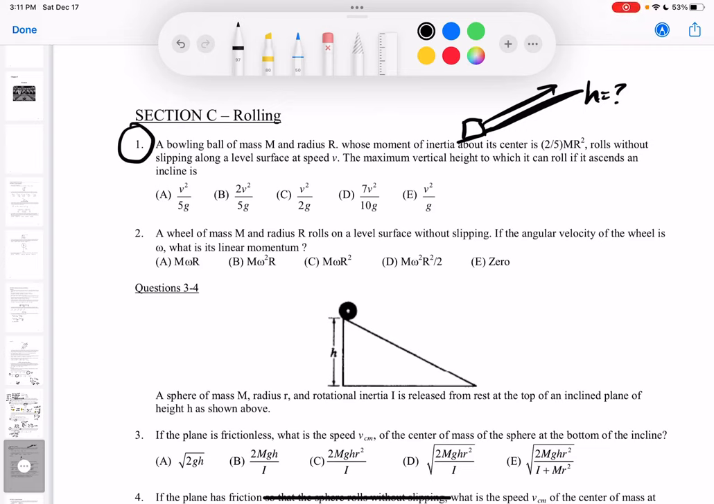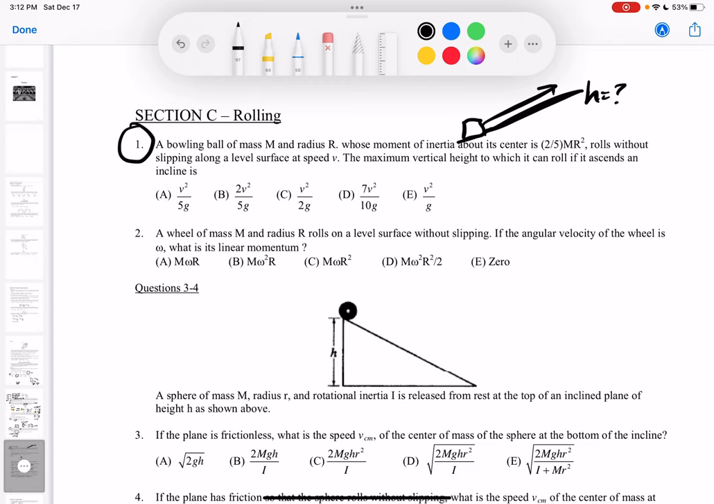Hello, let's look at number 1. It says a bowling ball of mass m and radius r, whose moment of inertia about its center is 2/5 mr squared, rolls without slipping along a level surface at speed v. The maximum vertical height to which it can roll if it ascends the incline is what? Okay, so for this one,